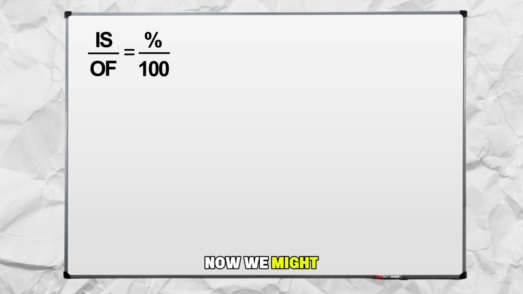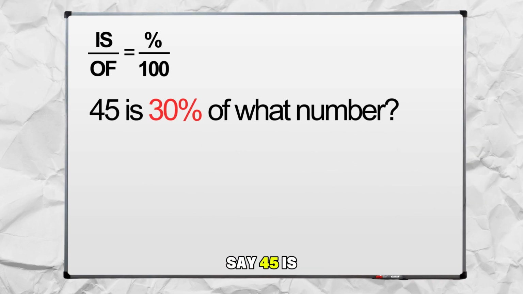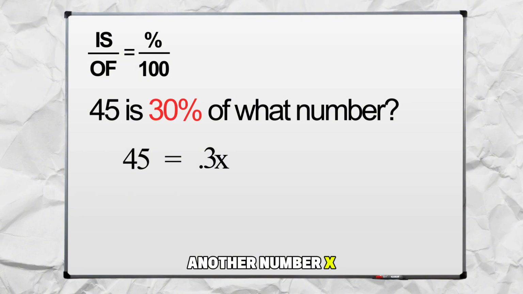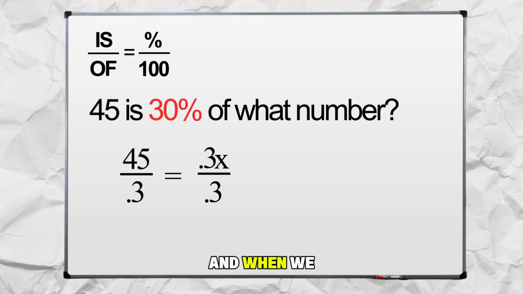Now, we might say 45 is 30% of what number? Here's how we could do it. Let's take our 45, and we know this equals 0.3 or 30% of another number, x. But I don't know what that other number is. So what we could do here to find x, or that other number, is divide each side of the equation here by our 0.3. And when we do 45 divided by 0.3, we're going to receive